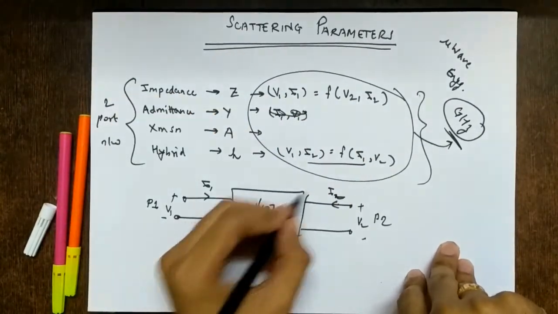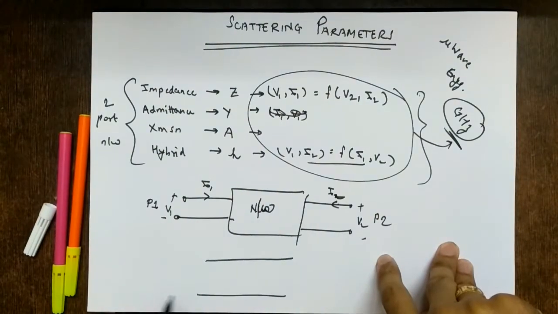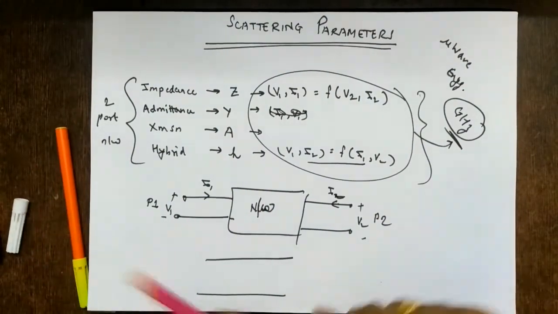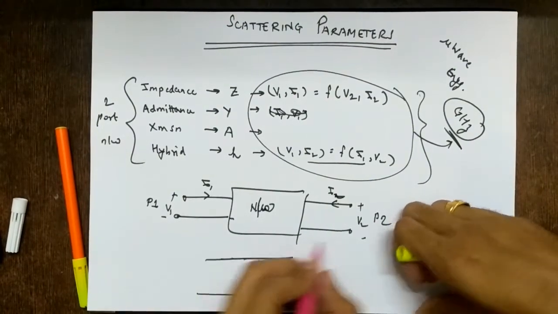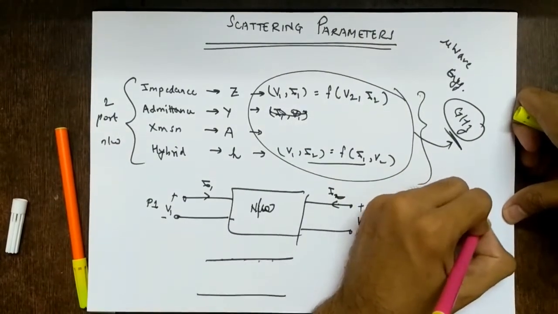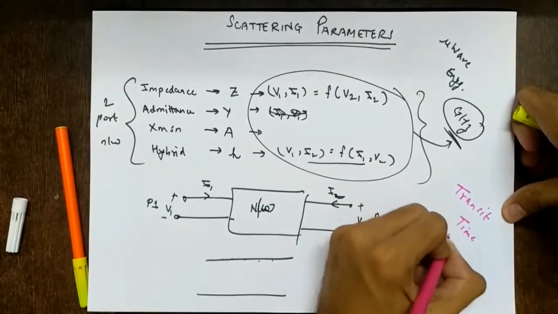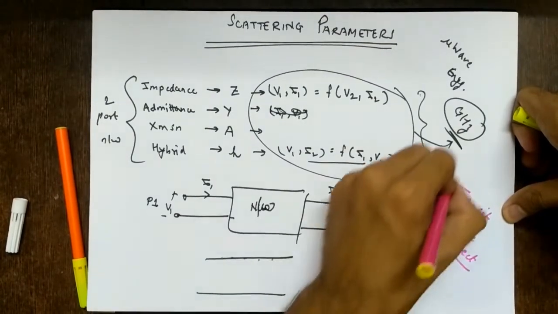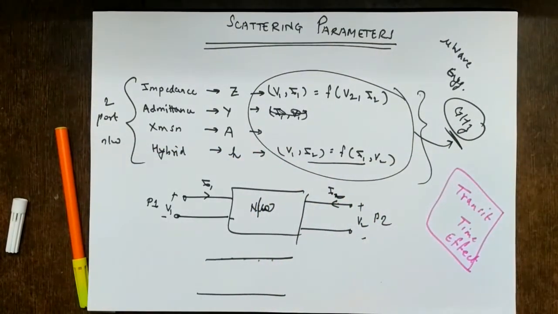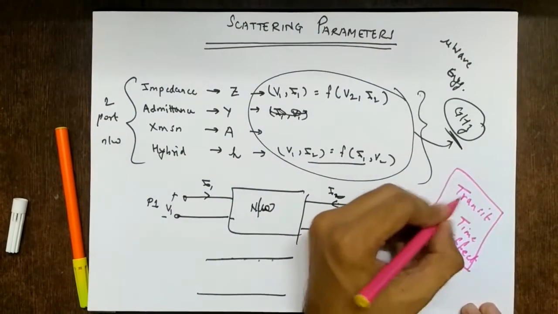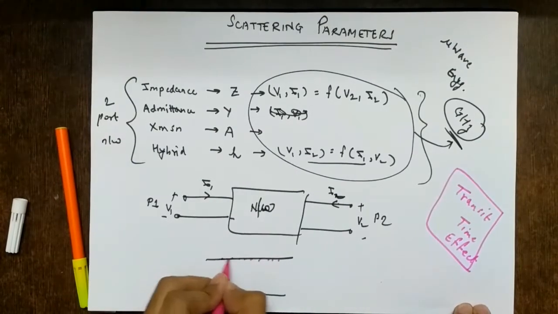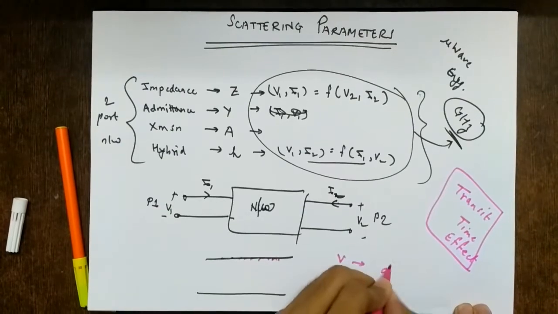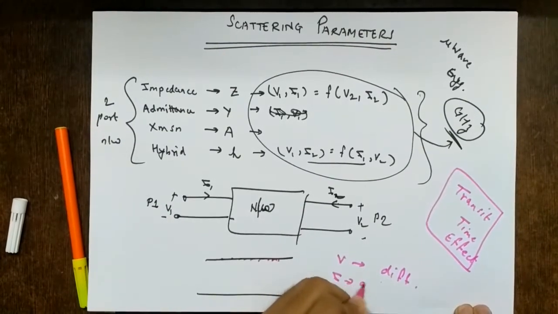Why? Because at high frequencies, as we have studied in transmission lines, what happens at each and every point on a transmission line? The impedance changes. We have seen this in transmission line, right? And why does it change? Due to something called the transit time effect. This we have seen again in the electromagnetics course, which is the very basic course. As I had said, it is the mother of all subjects, right? Because of the transit time effect, the voltage at each and every point is different. Since V is different, current will also be different, and since current is different, my impedance will also be different, right?